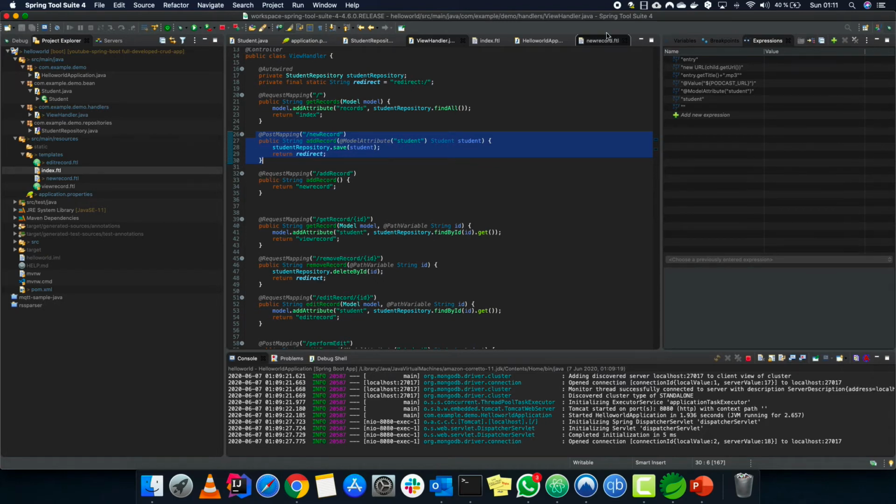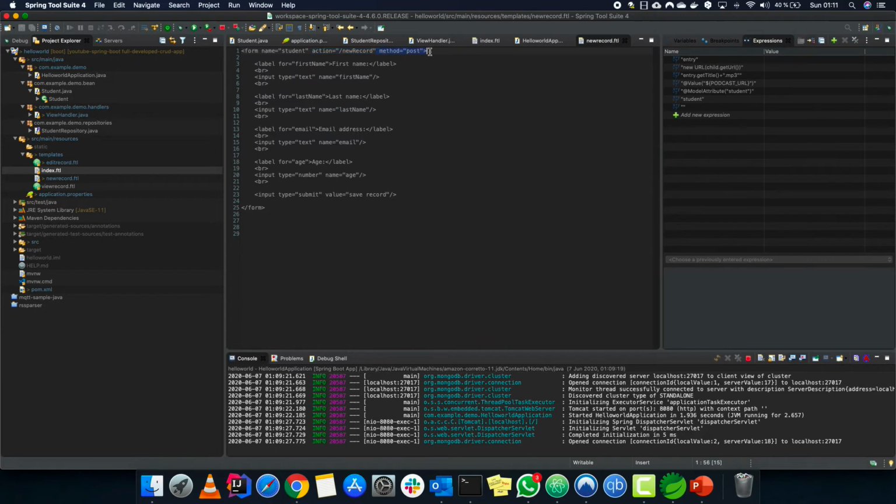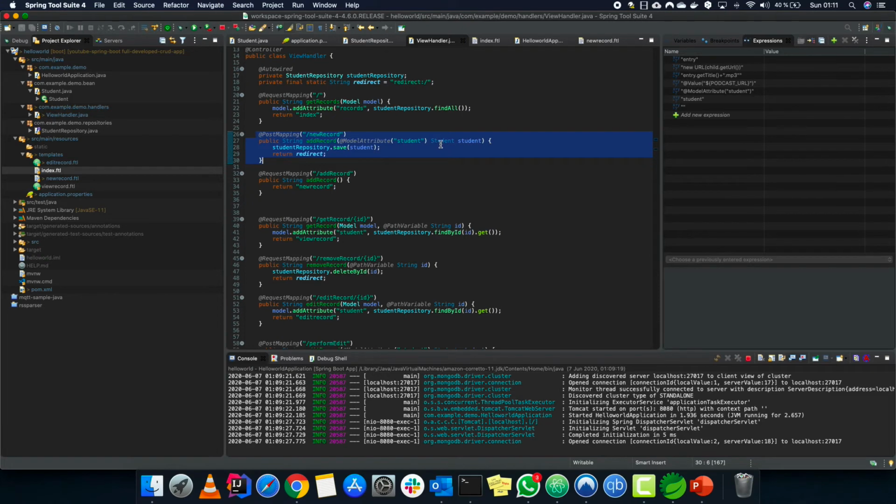So it gets the object that was submitted in the form. The form that was submitted is a student. So it takes all the values of the student form and assigns them to the student. The condition is that the fields of the form are the same as the student object. Once they are there, it just saves into the repository and then goes back to the main page. So this thing is working just fine.